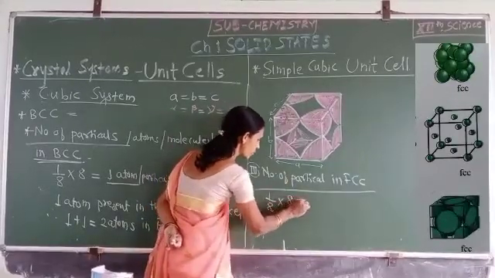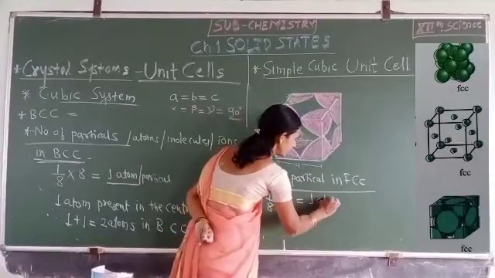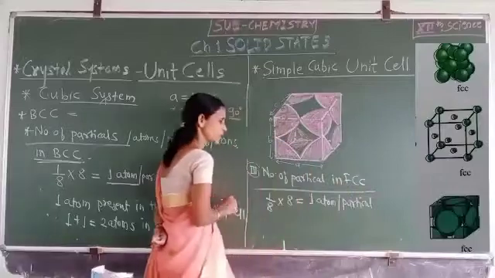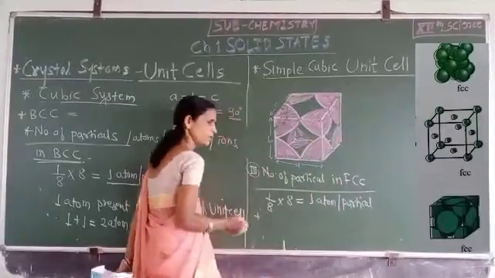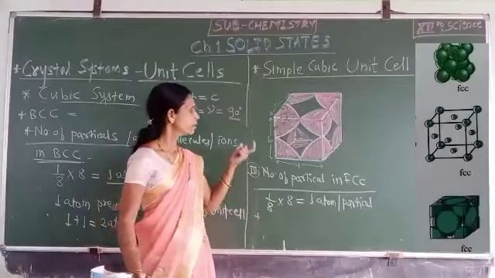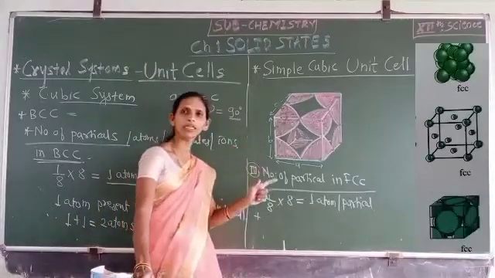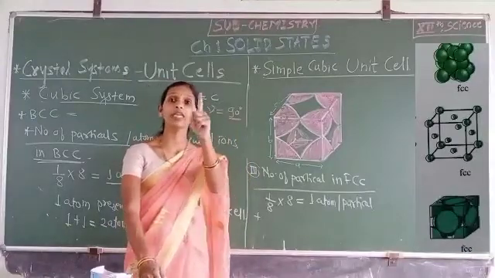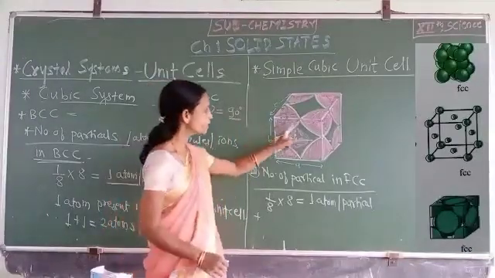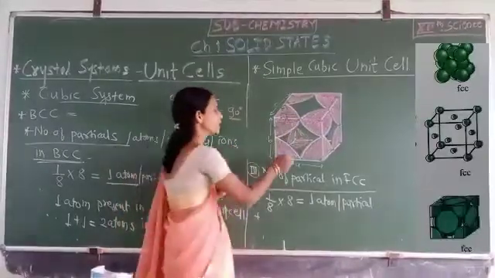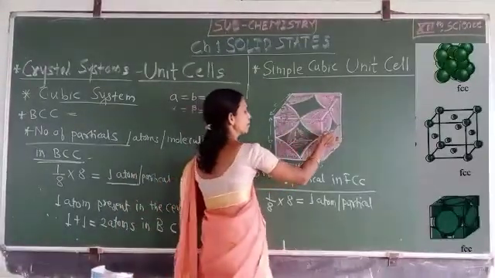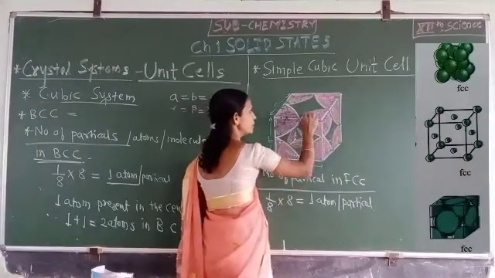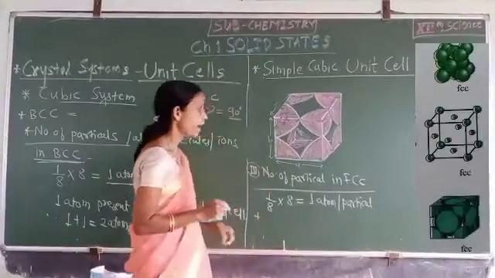Like that, at 8 corners a total of 1 atom or particle is present in the FCC, and additional extra 1/2 particles. See here, extra particles are present at the center of each of the 6 faces of that cubic unit cell. Then see here, at the center of each face there are particles present on 6 faces. And see here,